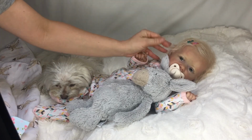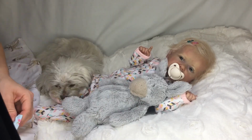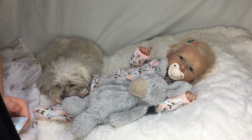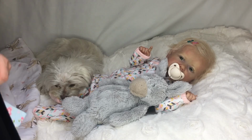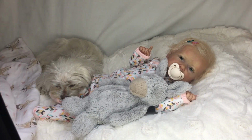segment, and I decided that I would just make this kind of like a tradition every Monday, or every Monday that I have time, to do Monday Blues. And I have actually another outfit ready to put on Melon, but since I opened my little package from Susie, Ruby Rose Reborns, I discovered that she sent us two beautiful pieces, and I absolutely love